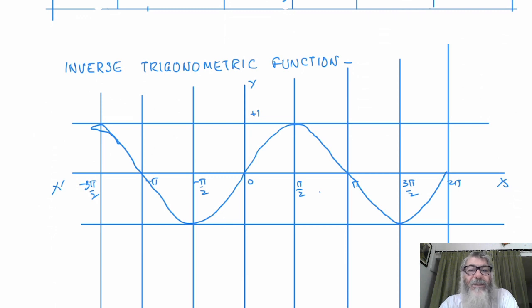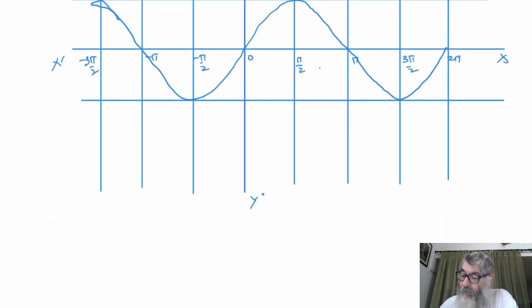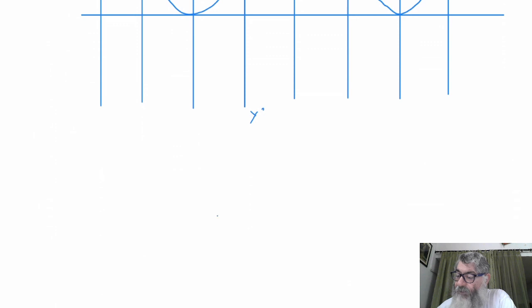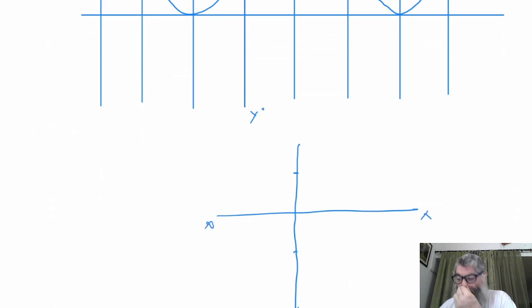So what we do is we restrict the domain. And what domain are we restricting? We are restricting the domain here between minus pi by 2 to plus pi by 2. The restriction of domain in sine inverse will be put here: it is 0, it is pi by 2, it is minus pi by 2, you can say, or 3 pi by 2 also you can say.